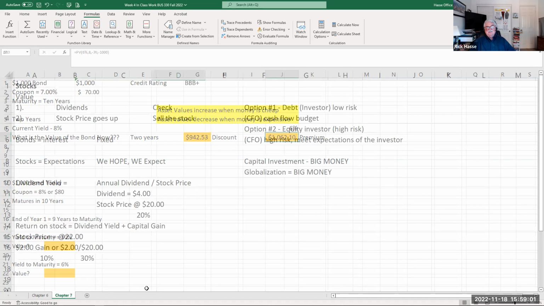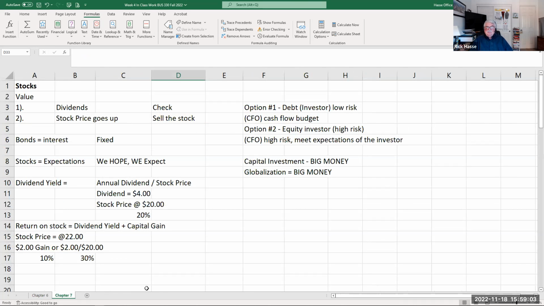Remember, bonds are debt. Stocks are equity, ownership, okay? And one of the key things about stocks is you have no idea what the future is. In bonds, you know exactly what the future is. You know what your coupon payment is. You know what you're going to get at maturity. You know how long you have to wait until maturity. It's all right there. But in stocks, you have no idea when you buy a stock if you're going to